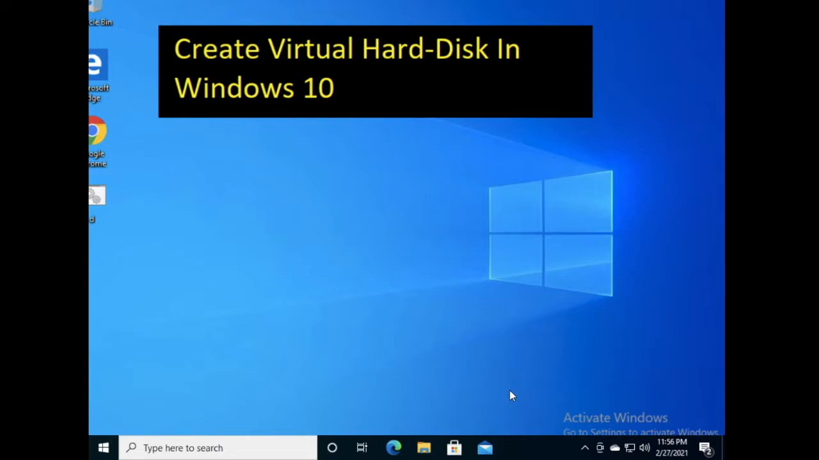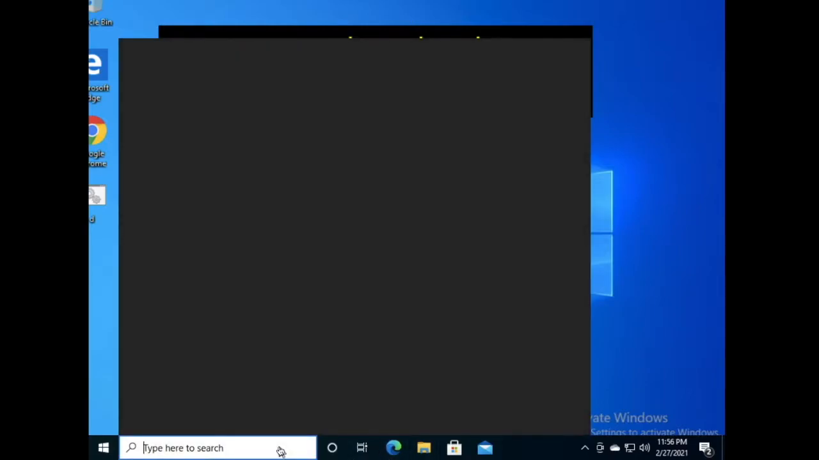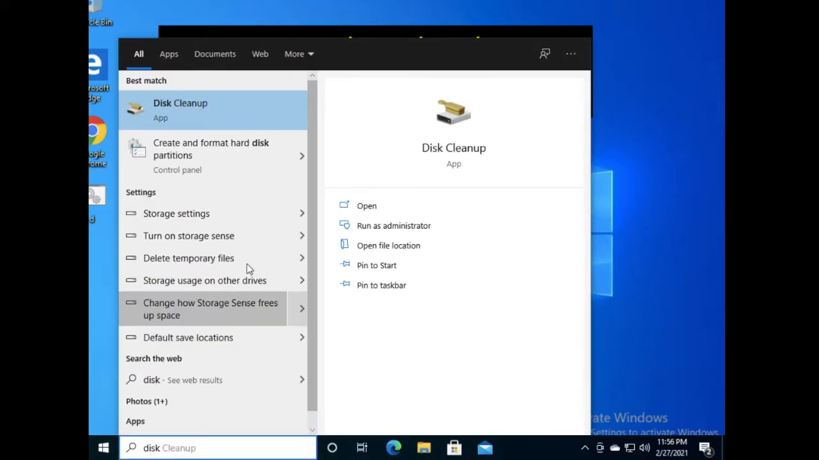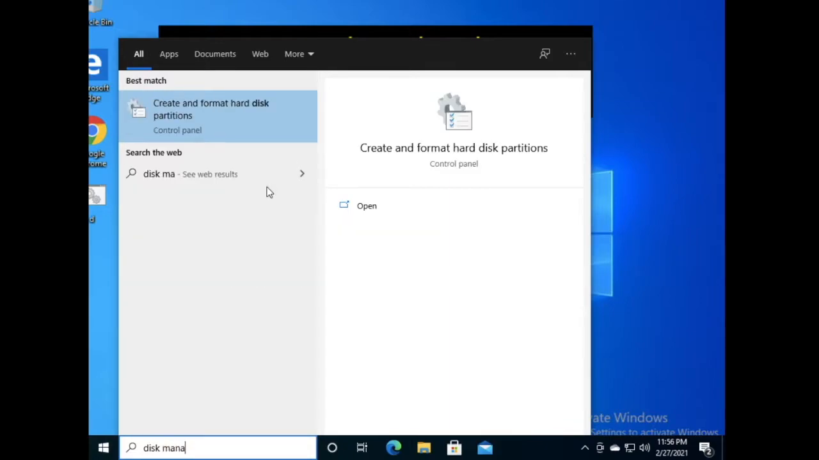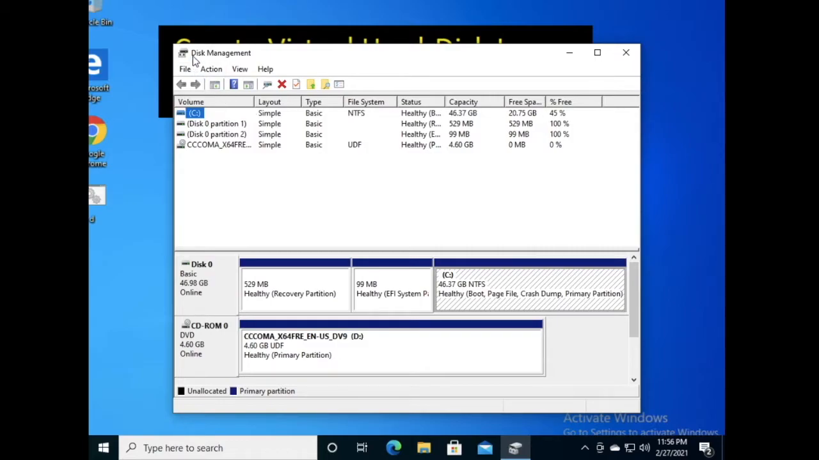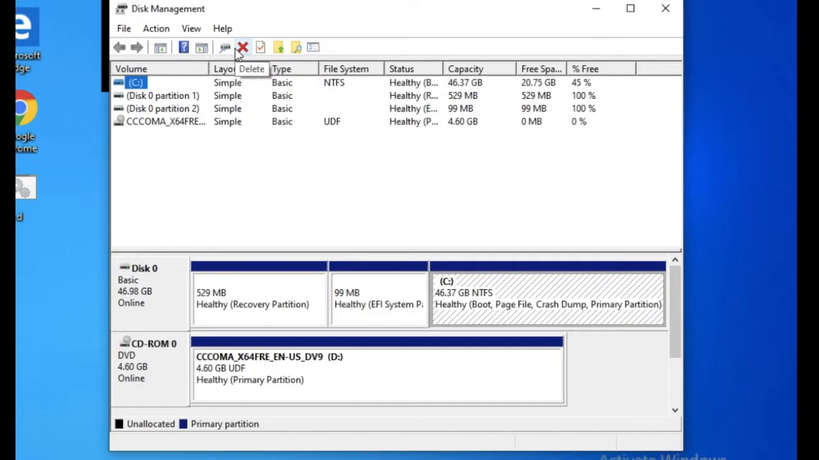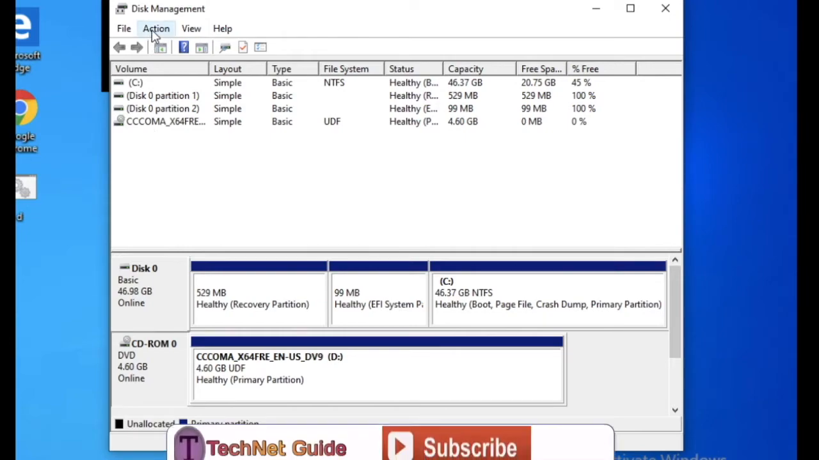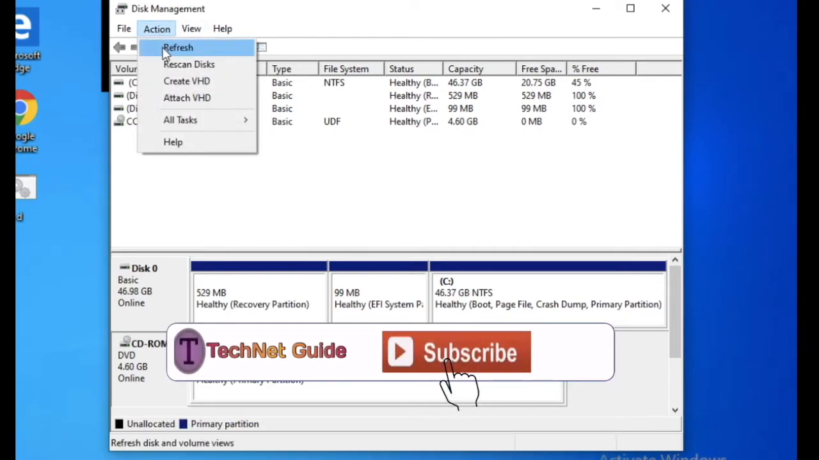So first of all, type here disk management. From disk management we can create a virtual hard disk. So just click on create and format hard disk partition here. Now you can see there is a disk management window prompt here. So what we have to do, you have to create a virtual hard disk. You can see this is my disk 0 and this is CD-ROM, and we will create another virtual hard disk here. So what we have to do, just click on the action menu bar, and you can see there is an option